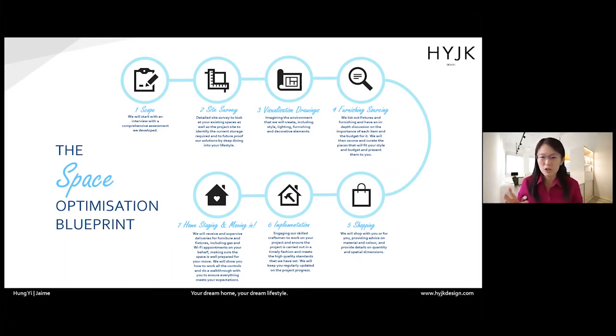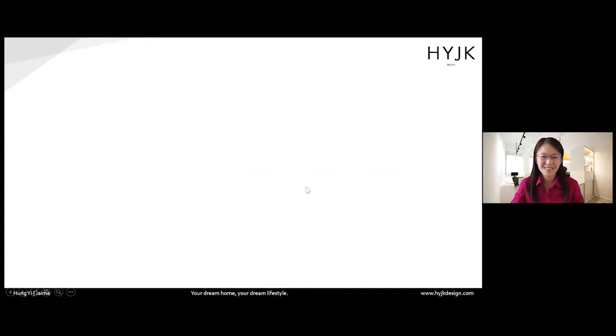And of course, when you go shopping, you get to touch the actual material. A lot of things you see online, the colors and all those is very different. The feel, you won't be able to feel it at all. So you go shopping, you touch and shop for the actual materials and products that you're looking at. And then finally, of course, implementation, where the renovation work is actually being done, and home staging and moving in, getting everything in and moving in. Okay, so if you follow these 7 steps, you shouldn't go too wrong in selecting your materials.